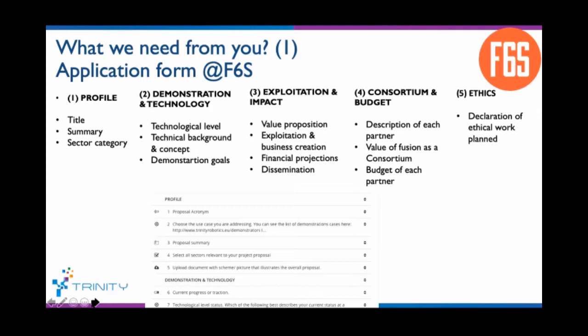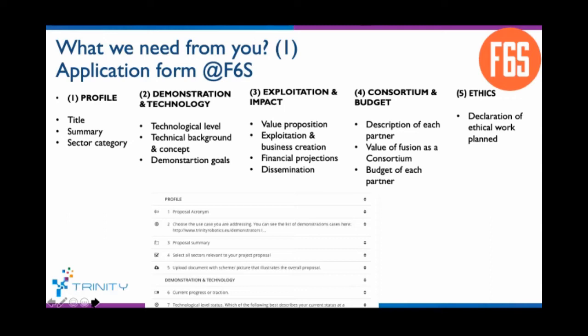As I stress, it is a very important aspect to make your application eligible. So what is exactly in that application? I don't know how many of you have already started your application on the F6S portal. Those of you that have started are already aware of what type of questions we are asking. There are in total 28 questions. You also already know that you can start the application process anytime. Whatever you open, you're already registered there, and everything you type and every answer you provide is automatically saved.